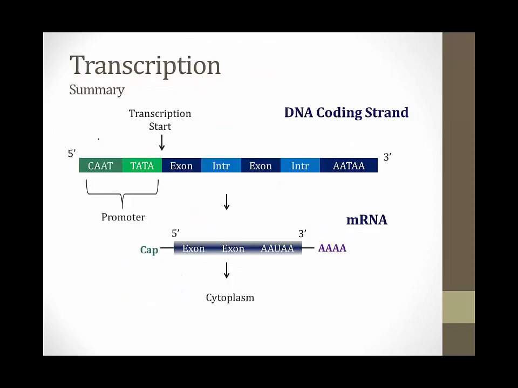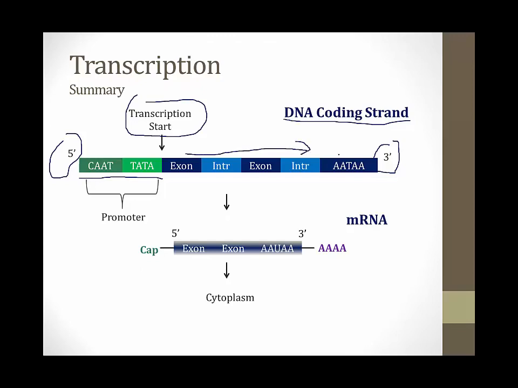So now that we've gone through all the elements of transcription, let's go over this summary slide and it should all make sense to you. So at the top of the screen, I've shown a DNA coding strand. We have the 5' end on the left side of the screen, the 3' end on the right. We start with the promoter region, which has the CAT box and the TATA box, followed by the transcription start point. We then have a series of exons and introns which end in the polyadenylation signal that will signal the